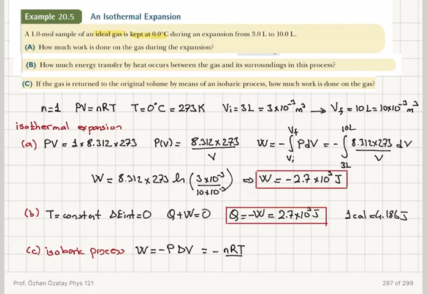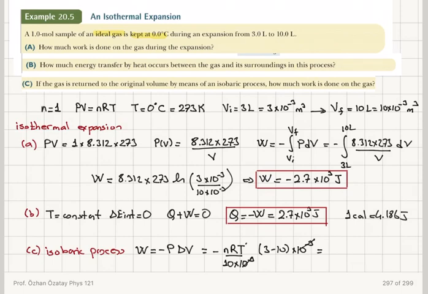It's the reverse process, so this has started at the volume 10 liters, so it's 10 times 10 to the minus 3 meter cube. And the change in the volume is now from 10 liters to 3 liters. So this will be 3 minus 10, times 10 to the minus 3. So these 10 to the minus 3's will cancel. So I will have as an answer,